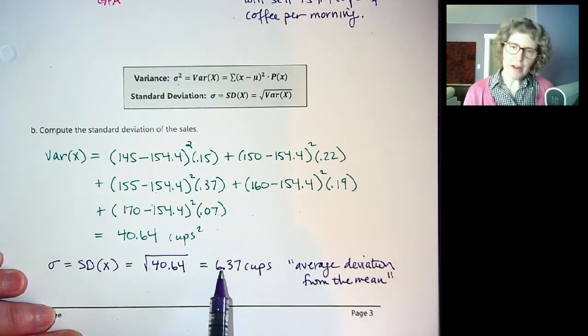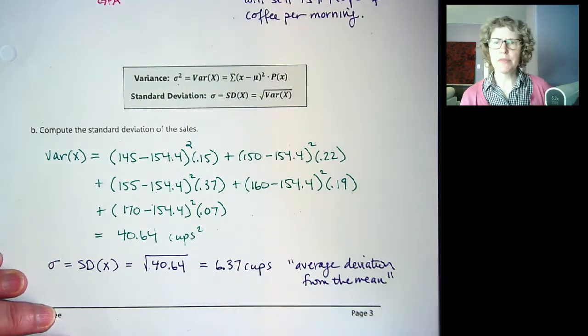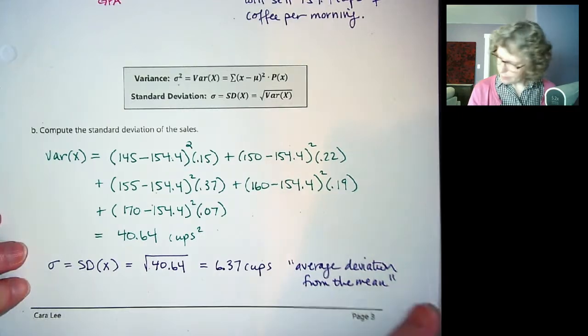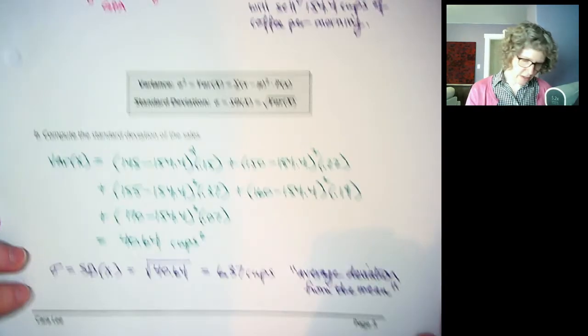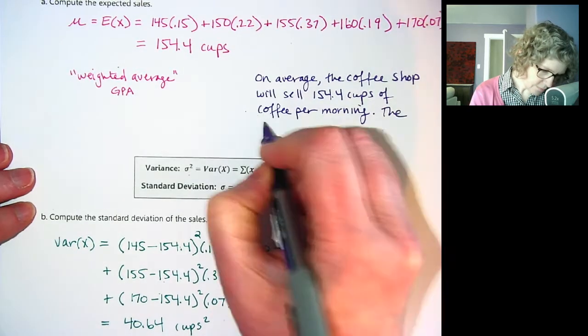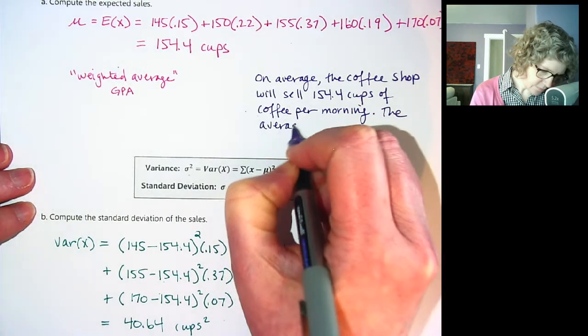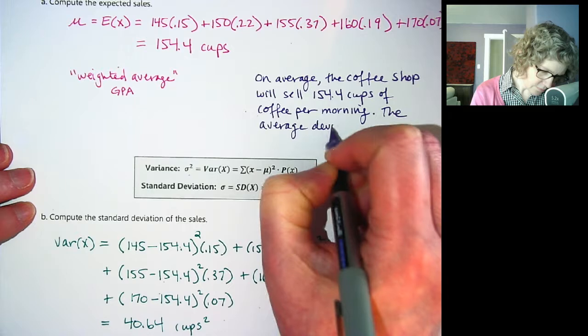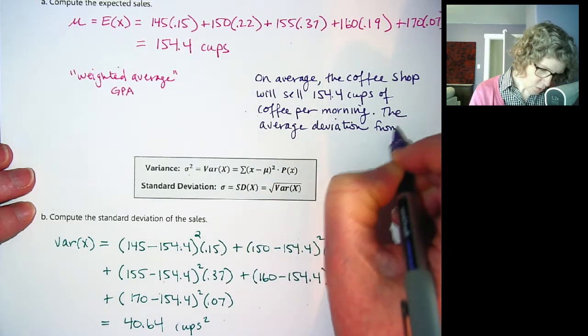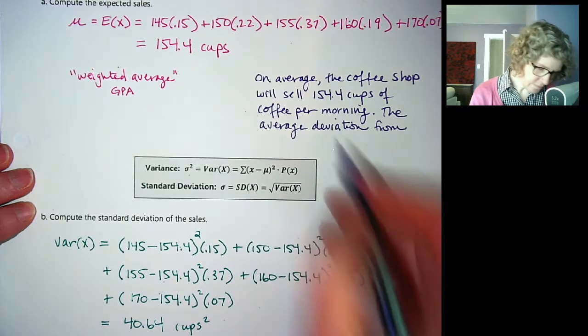So also on average, they'll sell a little over 6 cups away from the mean. So you could think of 6 above or 6 below. So we could say the average deviation from the mean, or average distance from the mean,